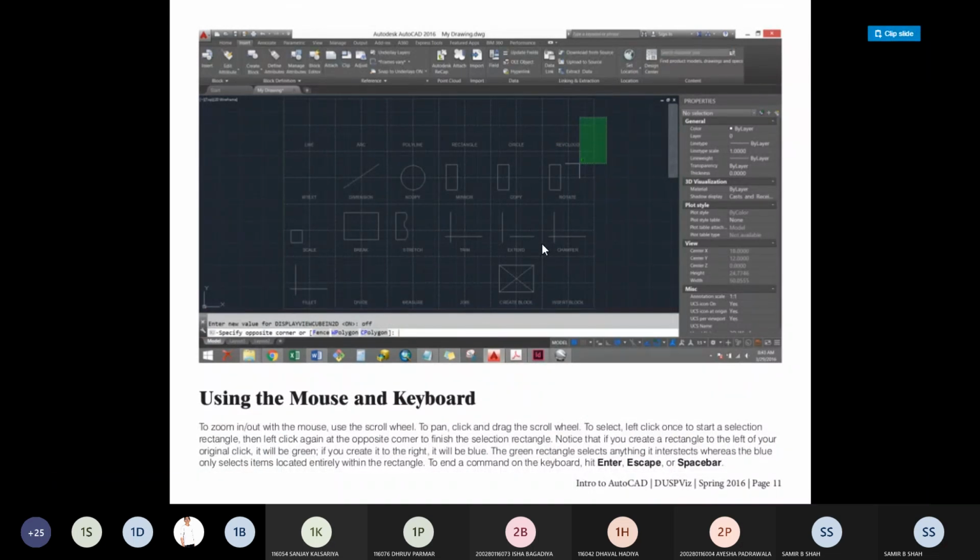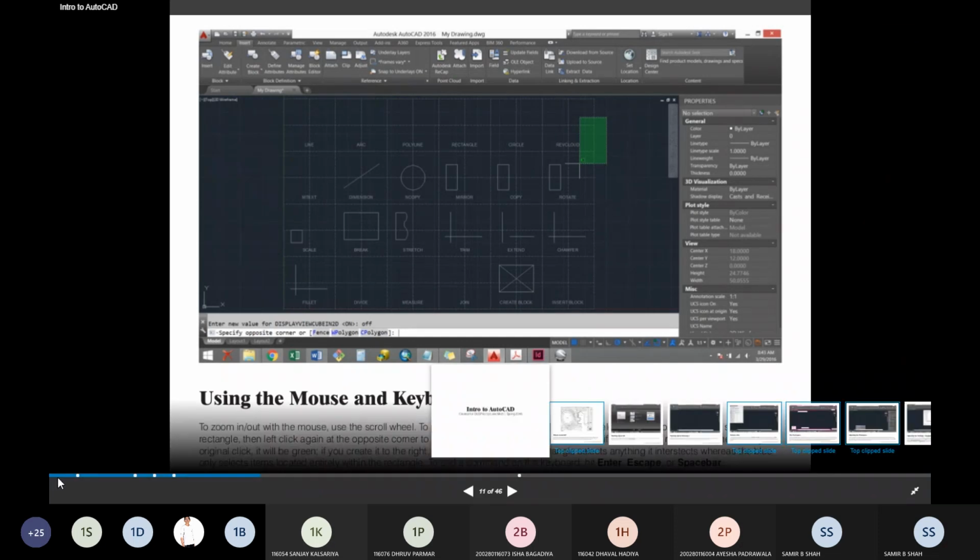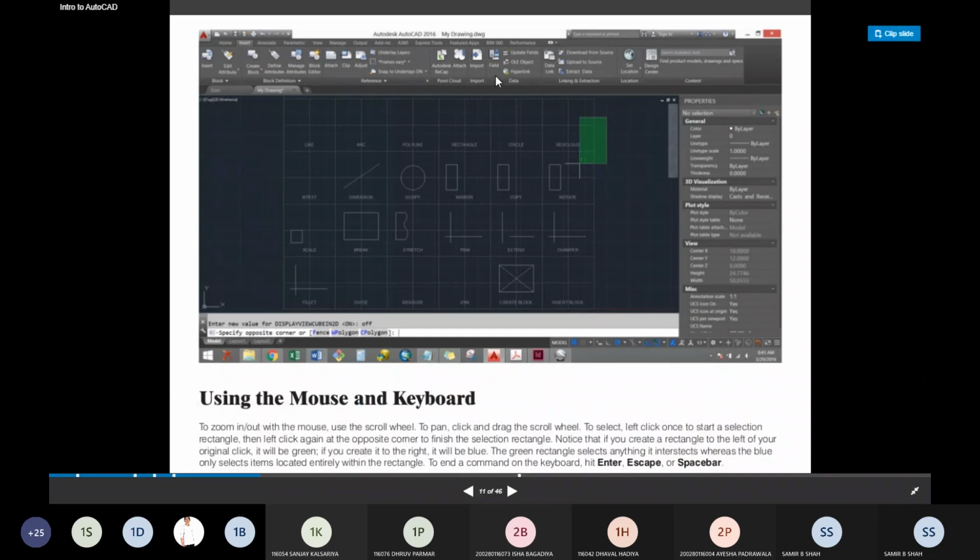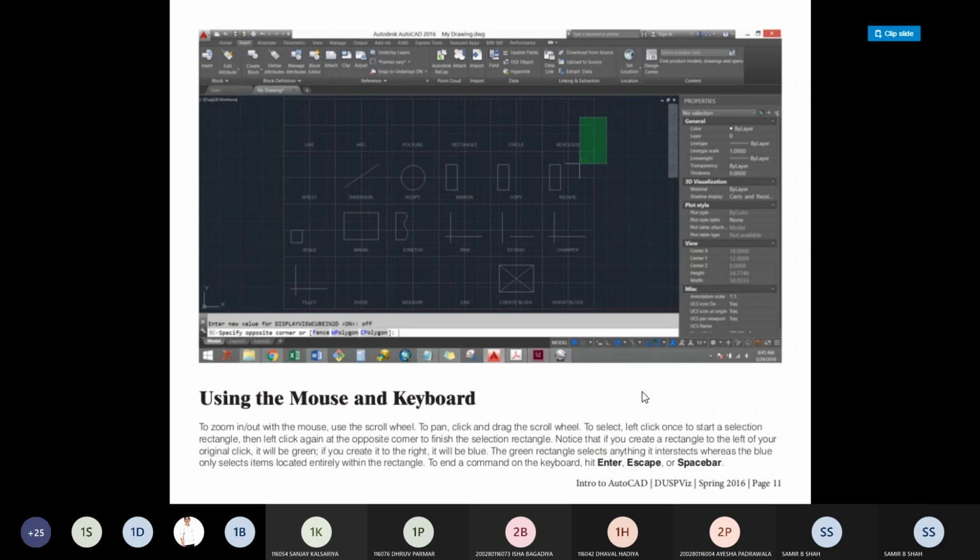Now, at that time, we have keypad or keyboard and mouse. So we can use both things, but how to use them? If you want to zoom out or zoom in, then we prefer to use the scroll button of the mouse. It means the middle portion of the mouse, right? Which may scroll or roll on its own axis. Now we have to just pan it.